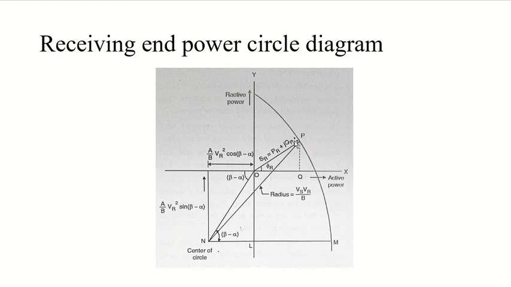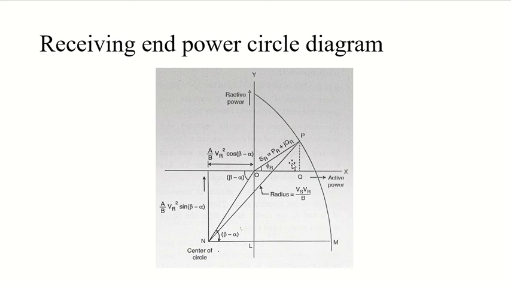Now if Vs and Vr are phase voltages, as you can see, we are having Vs and Vr for phase voltages, then these powers will be per phase powers. And if Vs and Vr will be line voltages, then these powers will be three phase powers, right. But it depends on your Vs and Vr. And what will be the value of Vs Vr by B? It will be the radius of your circle, right. Multiplication of Vs and Vr, and you will divide it by B, and you will get the radius of your